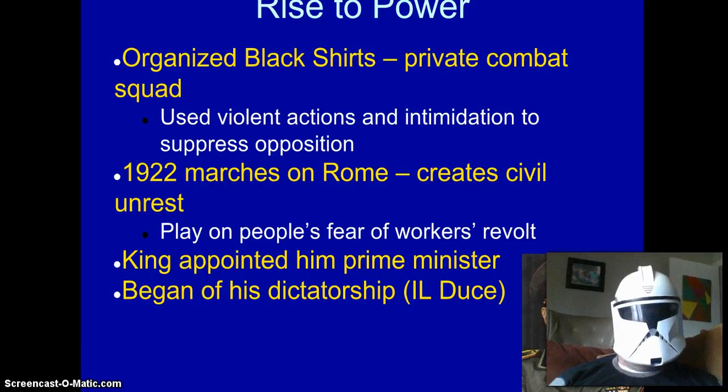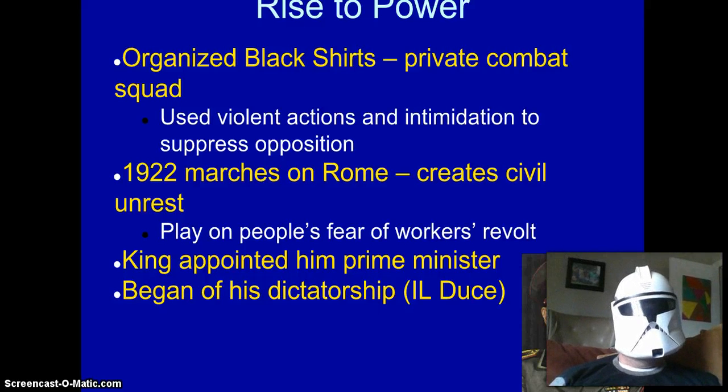He organized the Black Shirts. It's a private combat squad, so they were loyal only to him. They used violent actions and intimidation. If you're going to stand up, he had the Black Shirts take care of it. In 1922, he marches to Rome, creates civil unrest, and sort of says, hey, look, things aren't right, so things aren't